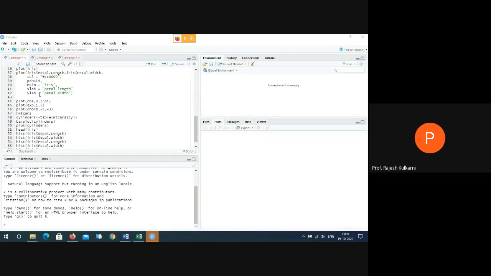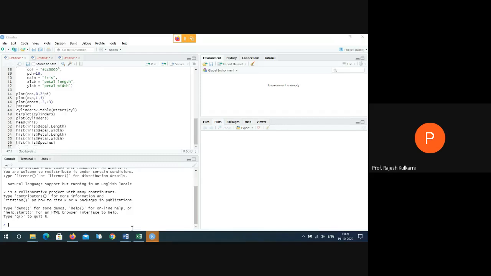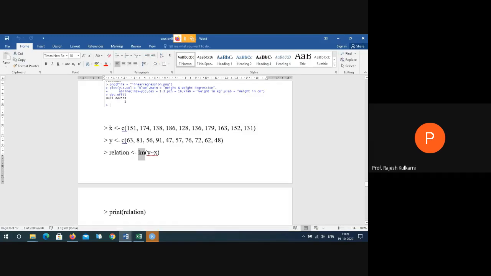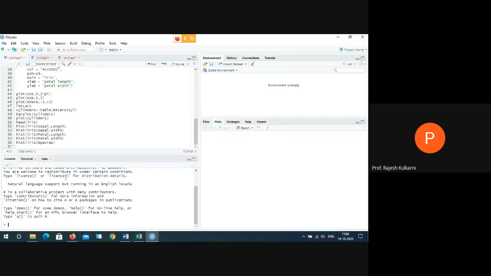Okay. So what I'll do is I'll directly copy the code which I already have in Word. First I'll take the values of X. What are the values of X here? 151, 174 till 131. And go to R Studio.